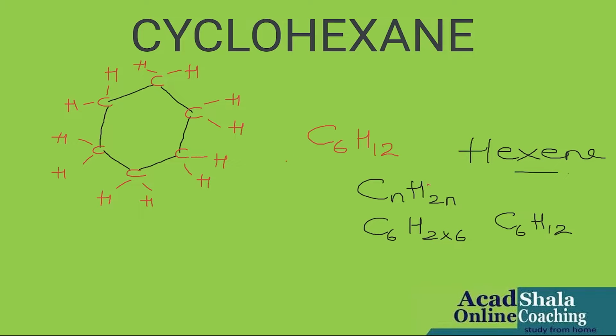Again, that means the molecular formula of hexene and cyclohexane, they both are the same. Again, I'm repeating the same thing: cyclic hydrocarbons and alkenes share the same general formula, CnH2n. So always remember, children, this is very important. But over here, one thing please note,